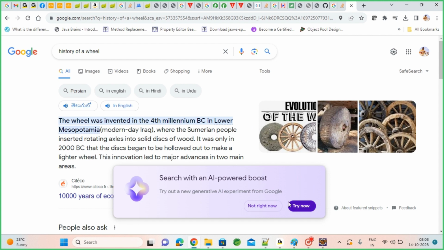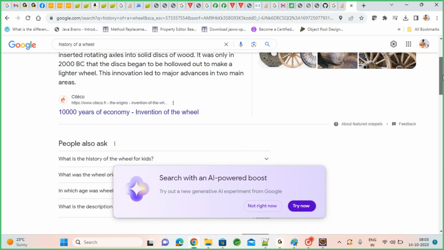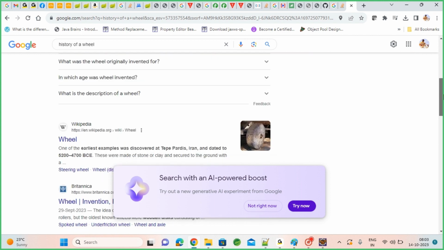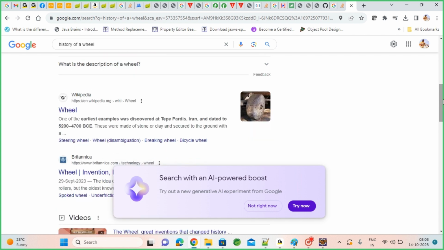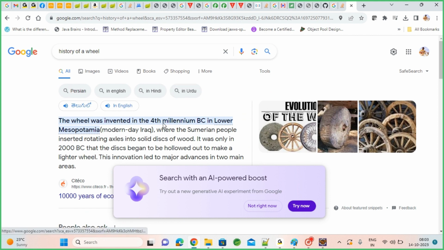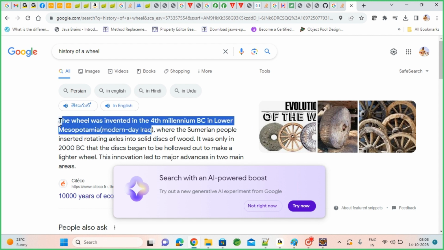4th millennium BC, almost 1600 years before it. 4th millennium BC means when in Iraq they found these wheels. So it's almost thousands and thousands of years before itself. Whoever architected